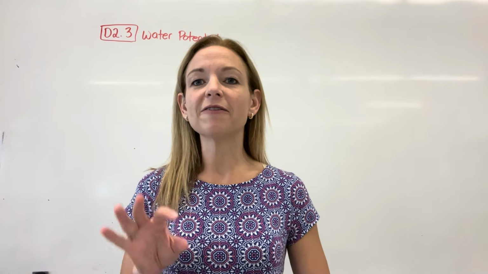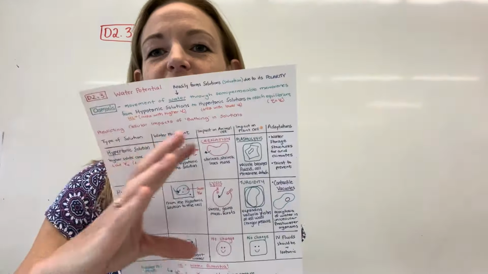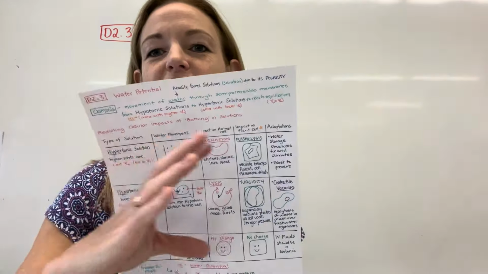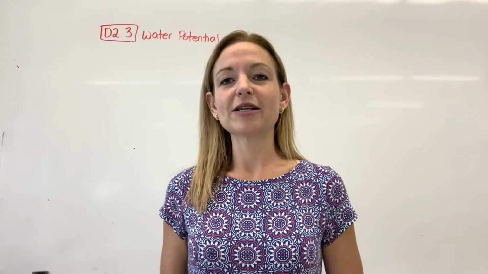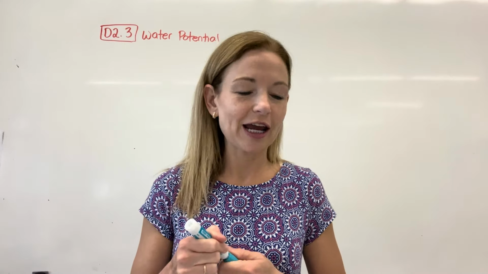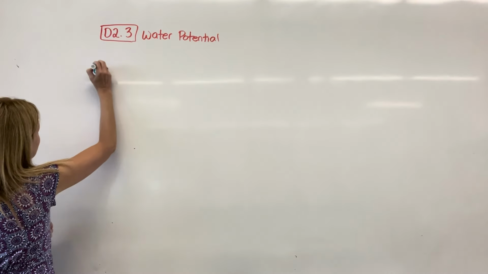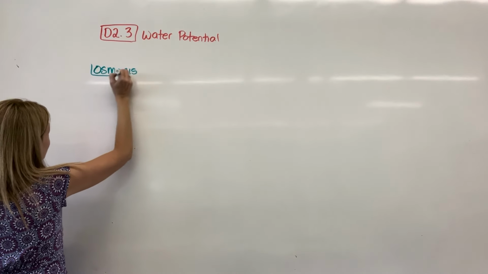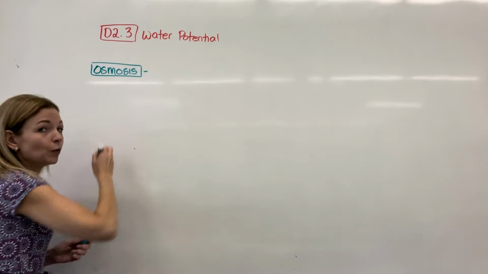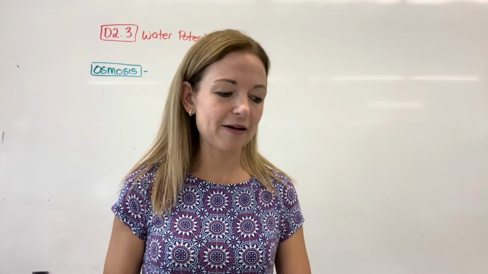So we're going to quickly define osmosis, and then we're going to do most of this as a big chart. This topic is fairly brief compared to some of the others, and not as challenging, which is good. Then we'll add the water potential part at the end just for our HL people. Okay, so let's start with defining osmosis, which briefly came up when we were looking at cellular transport in B2, but the actual movement of water has been saved for this.